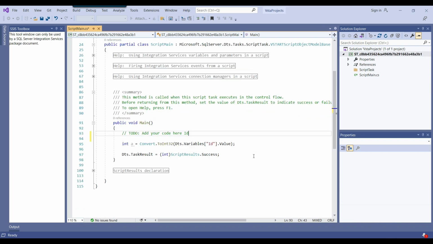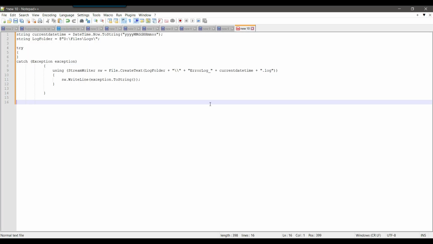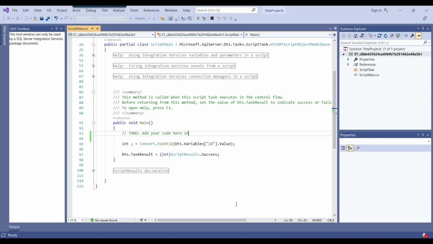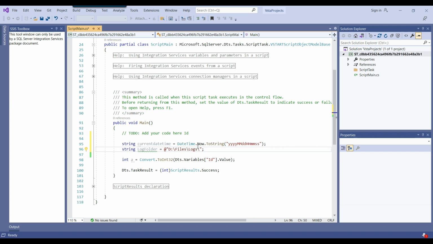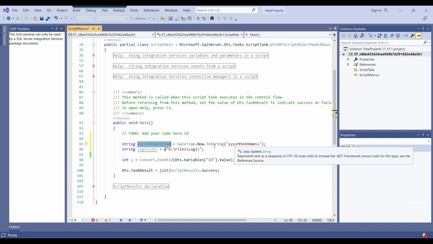Now we will use the try and catch blocks to handle the errors. So let me open this pre-written code. I have these two lines of code, and we can add them in the beginning. The first line of code, current date time, will give you the current date and the time in this particular variable, and then I have declared